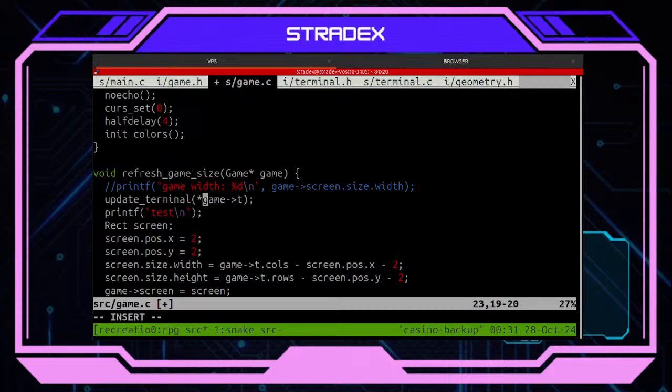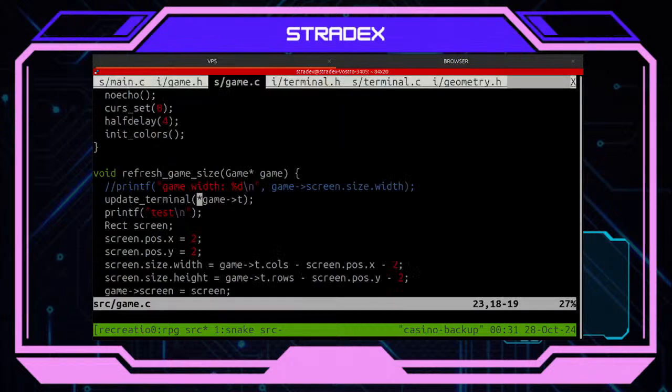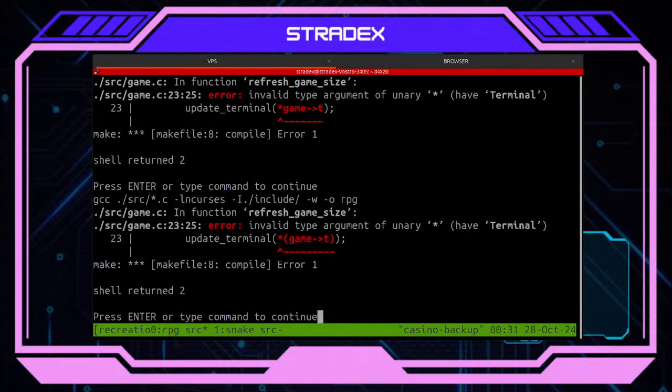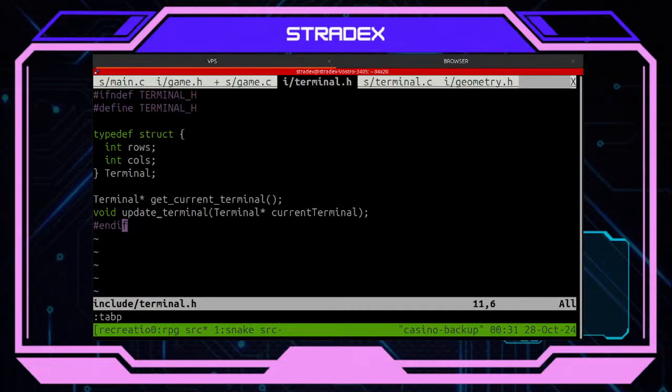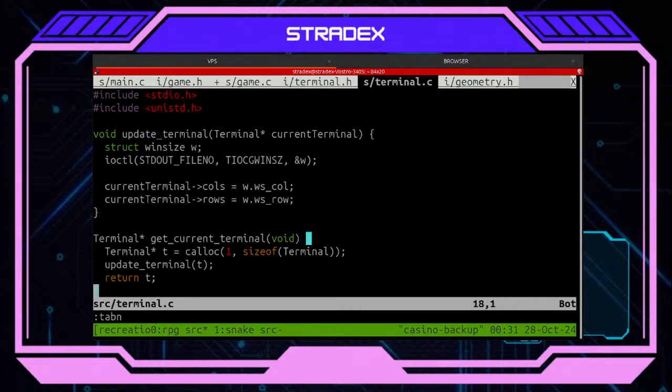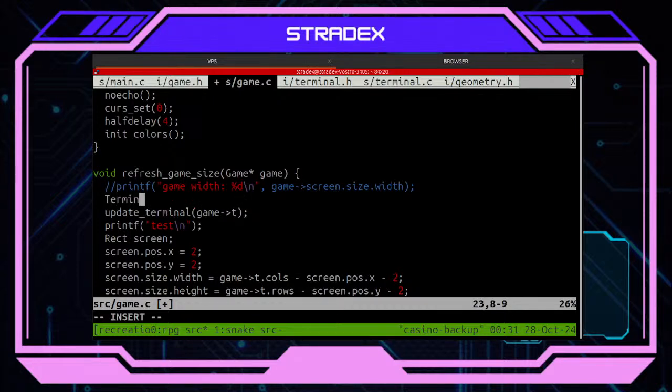If I go like this though. Like terminal, yes, this makes sense. And what if I create a terminal?